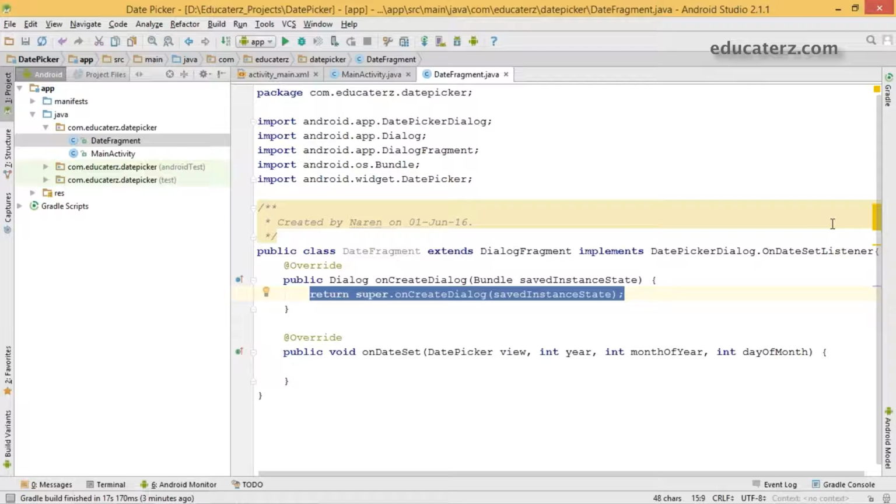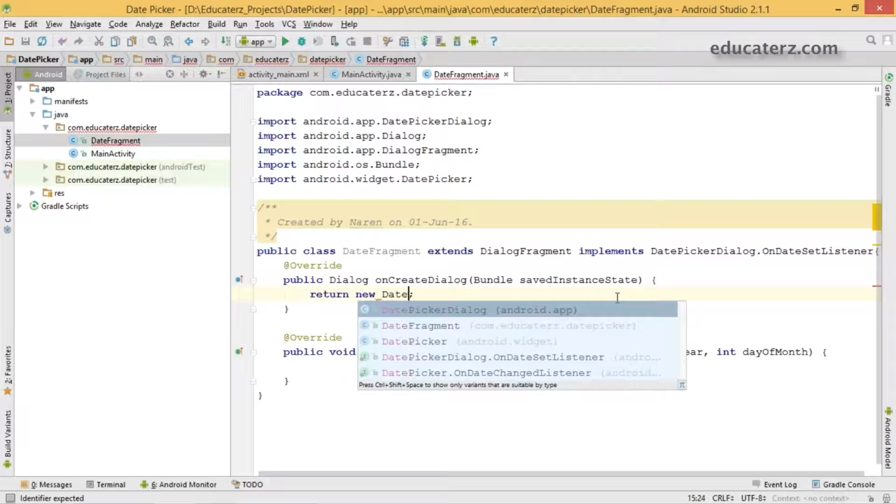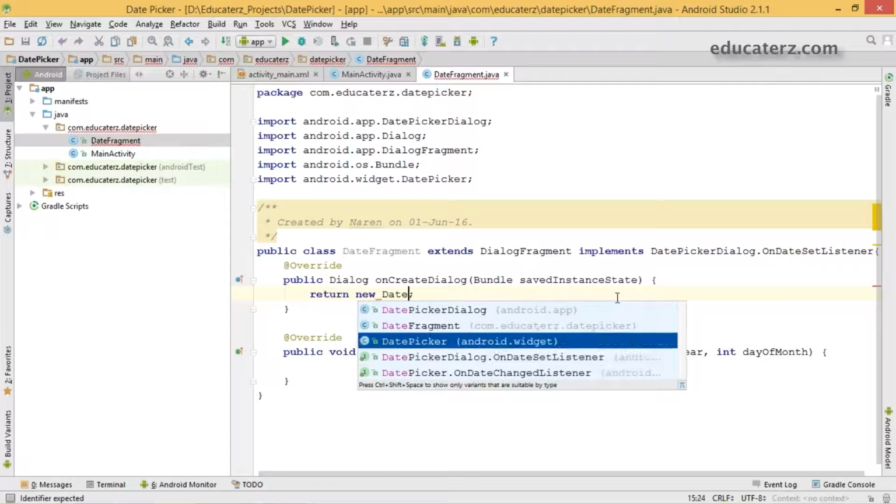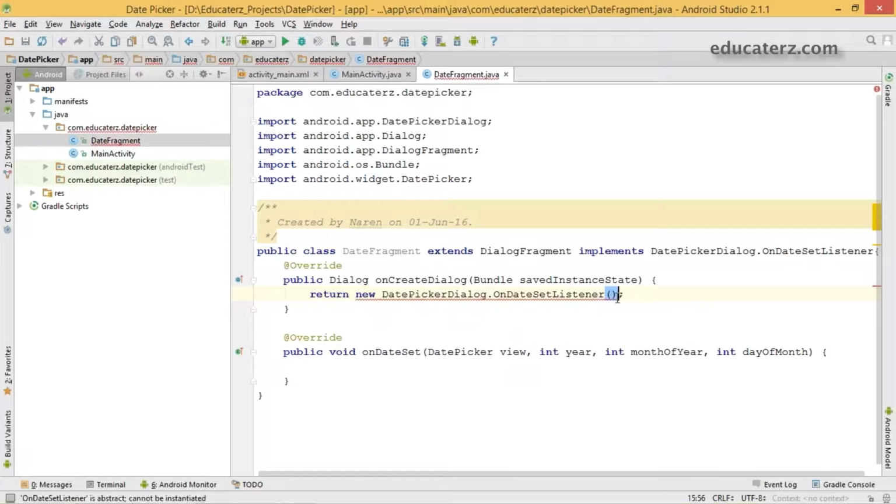So create on create dialog and implement this, which is going to return your date picker dialog. Sorry, which is going to create a date picker.